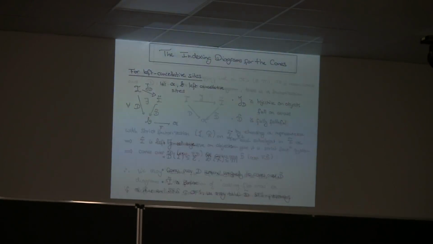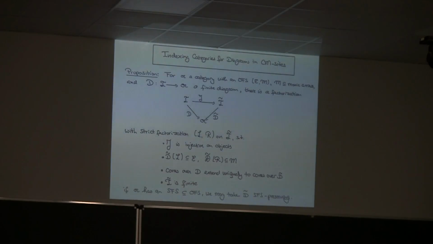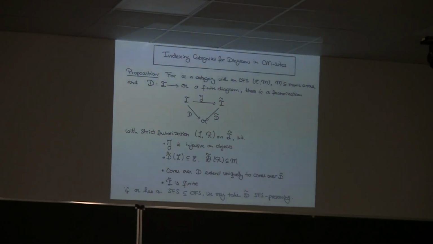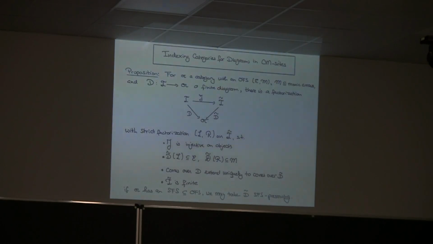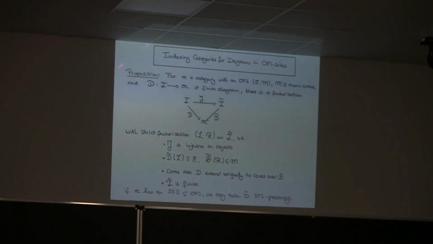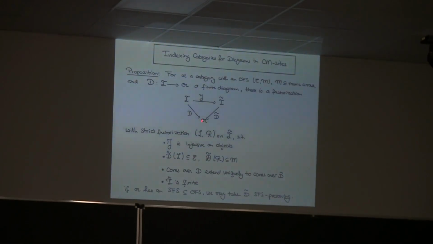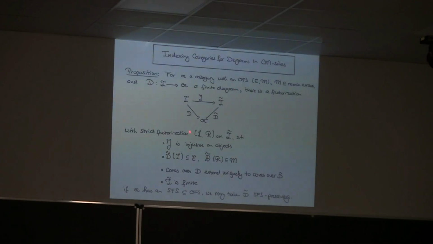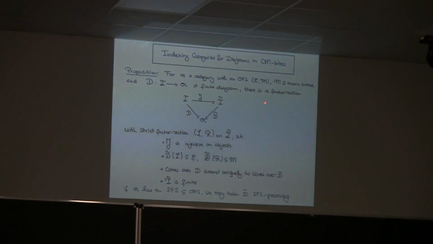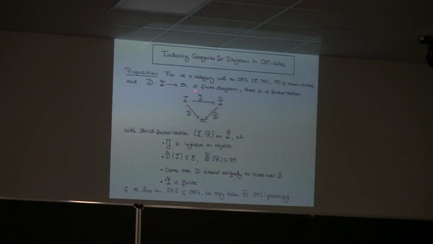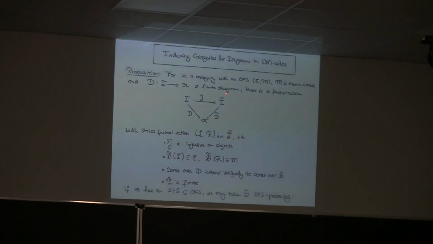Okay, what do I do for CM sites? I have to do more work here. This one was more fun. None of our normal factorization systems on Cat are doing it for you, so we have to create something ourselves. What we did is the following. If I have a category A with an orthogonal factorization system or a strict factorization system, either way is fine, where the right class is monic, and I define a diagram D, then I can factor this through a category